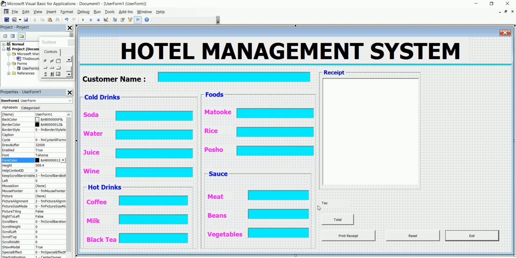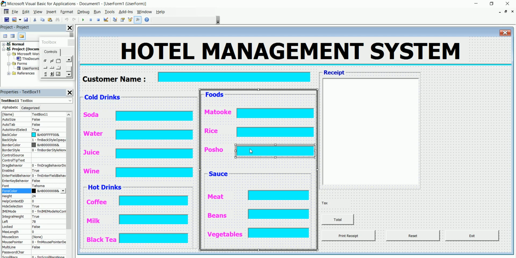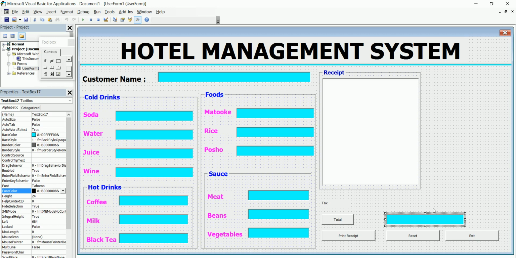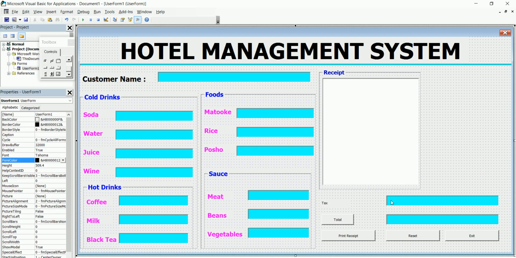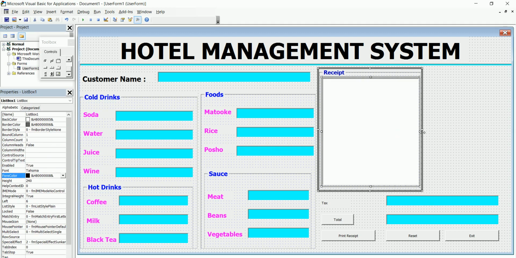So I'm just going to add that here. I'm going to copy one of these very fast. I copy that and paste it around here. So I'm going to take this to be part of this program here. I'm going to bring that size to be that. So I copy that one and paste it up here on the tax of our system, something like that. So what I'm left with now is to work with